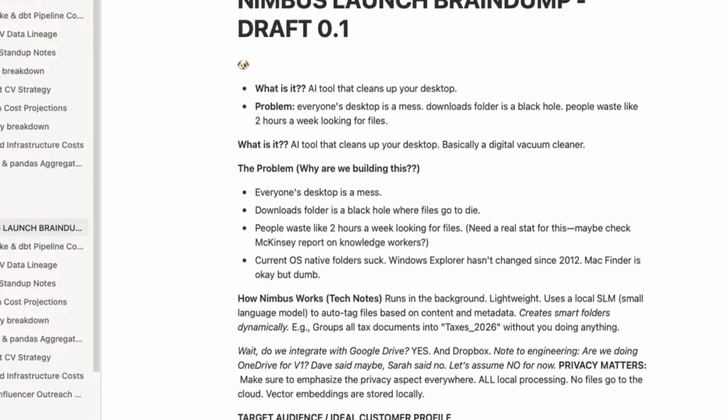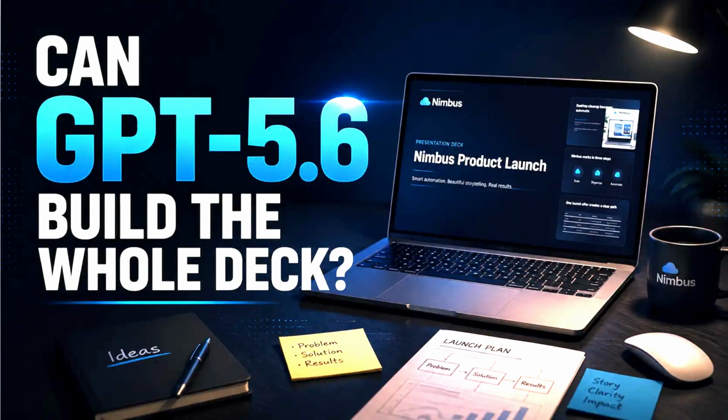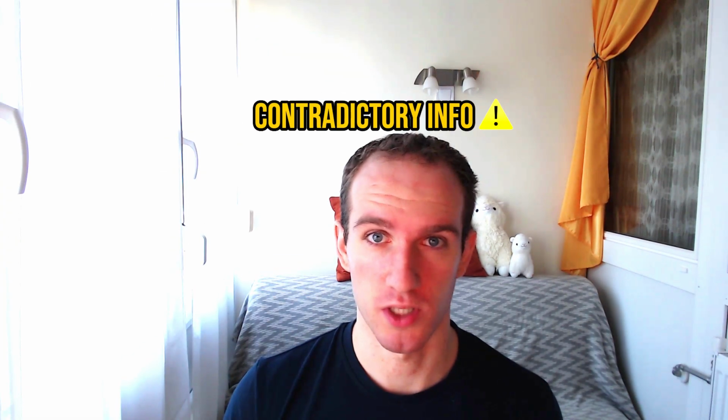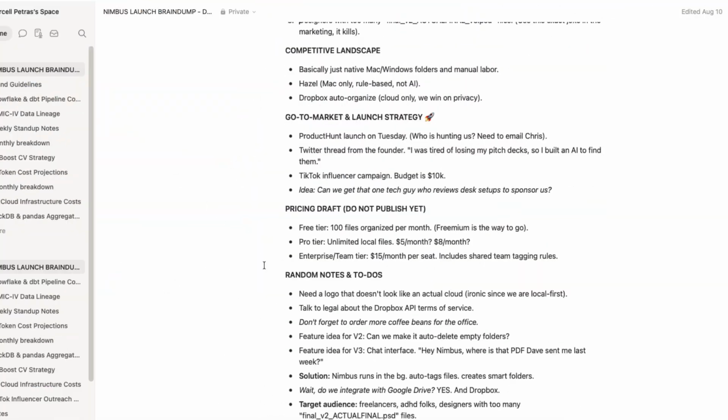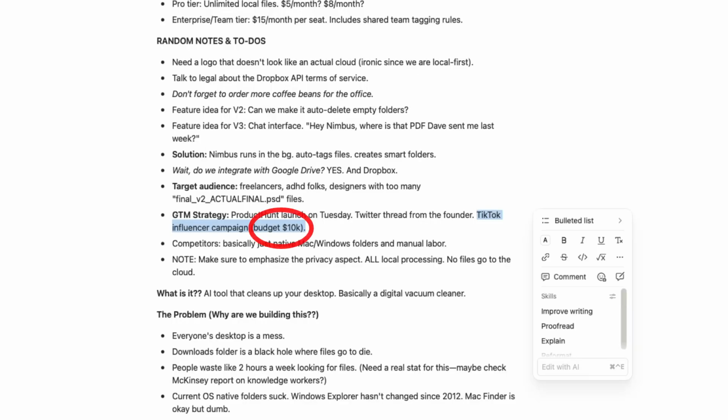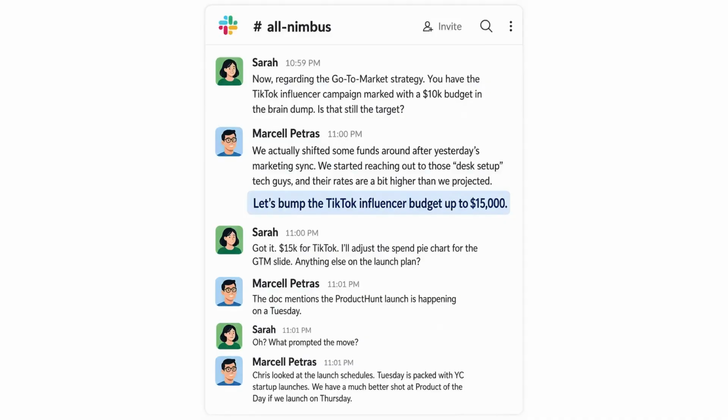Imagine that you have to make a client presentation, but the information is scattered across Notion, Slack, and an old PowerPoint template. Normally this means hours of copy pasting. Today I'm giving the entire job to GPT 5.6, but I've deliberately made the files tricky. For example, in the product launch document, the TikTok marketing budget is $10,000, but this was later updated to $15,000